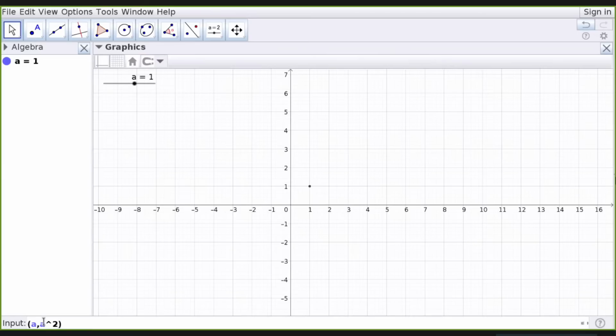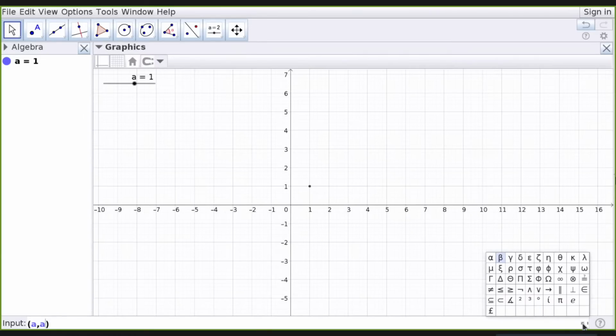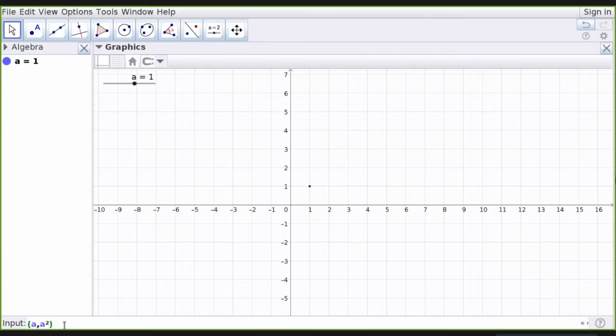Otherwise, you can go to the end of this input bar, where there is an alpha symbol. Click on that one, some symbols you will get, you can choose square from there. So A square will be there. Click on that one, you will get the point A here.